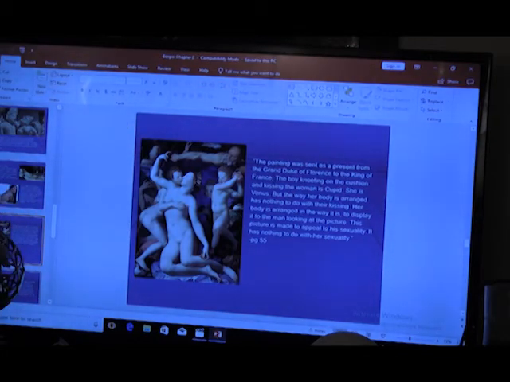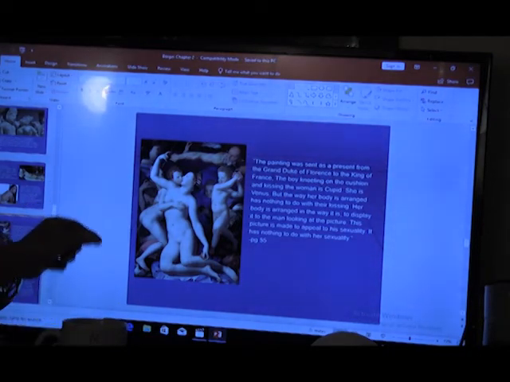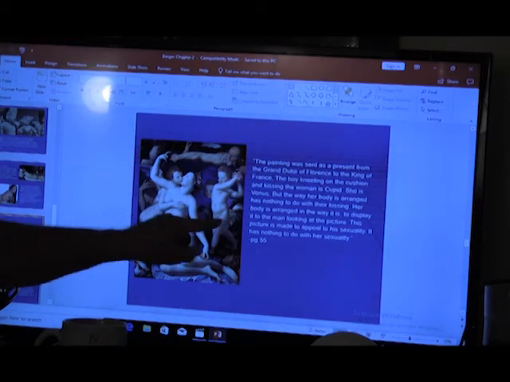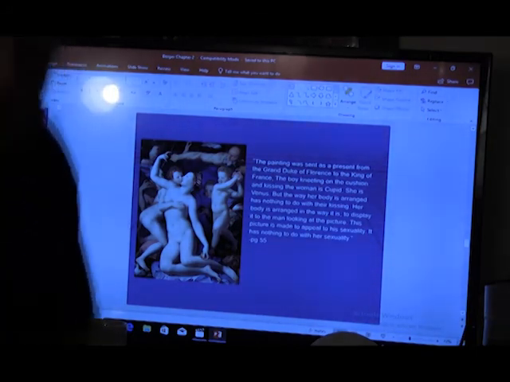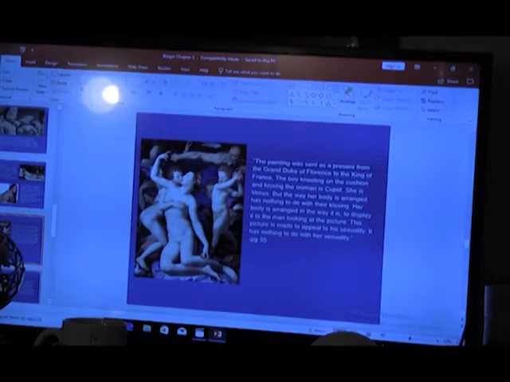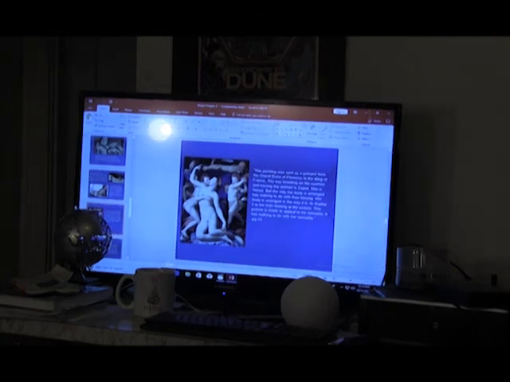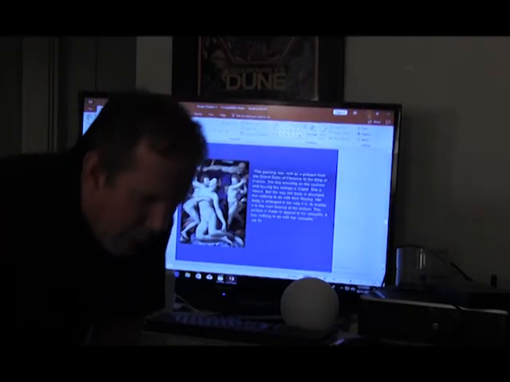But the way her body is arranged has nothing to do with their kissing. Her body is arranged in the way it is to display it to the man looking at the picture. This picture is made to appeal to his sexuality. It has nothing to do with her sexuality. We have to remember in these pictures, it's all about him. It's not about her. It's not about what she wants. And he talks about this